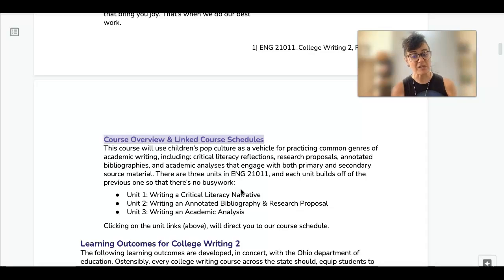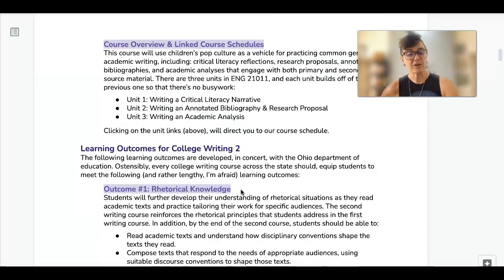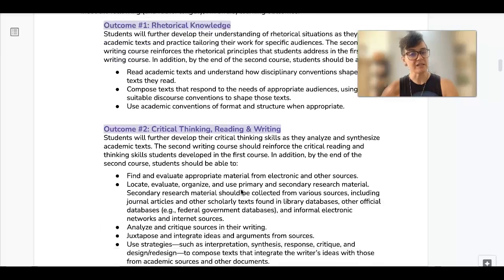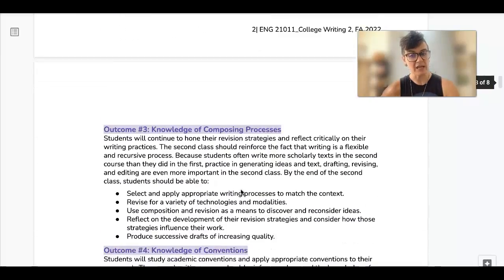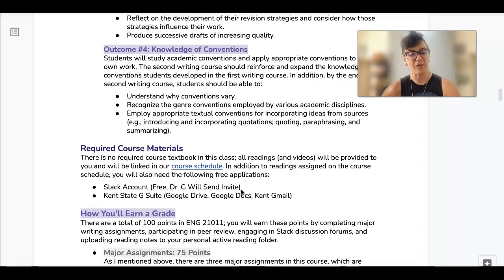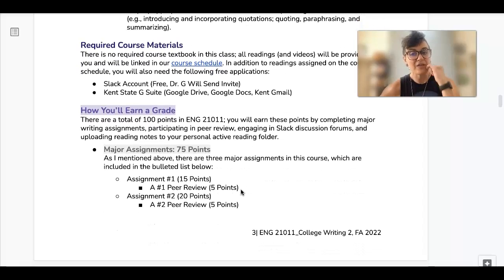So that's the course. The learning outcomes are listed in the syllabus, which is the thing that I'm using as a visual aid right now. So if you want to check those out, that is super duper fine. There are actually no required course materials to purchase. You will need, obviously, Kent State's